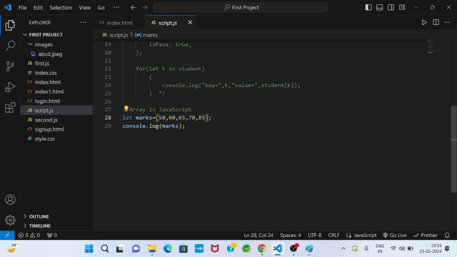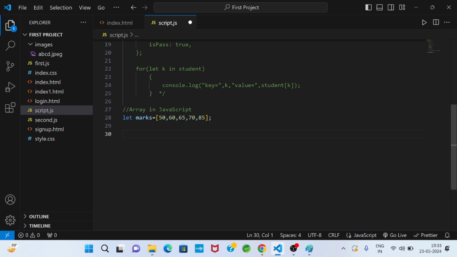So I will go to my JavaScript. Let's say we have these marks. First of all, I will find the sum: 50 plus 60 plus 65 plus 70 plus 85. It is a series summation.